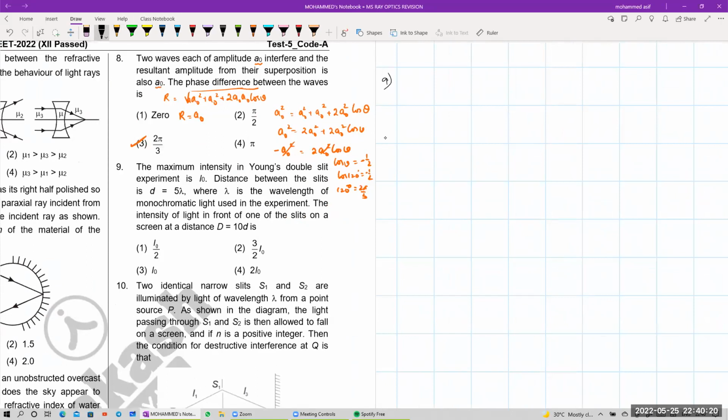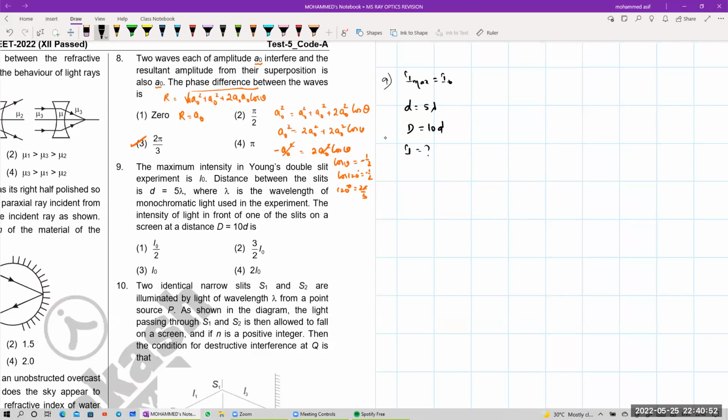चलिए, the maximum intensity in Young's double slit experiment यानी I max की वैल्यू दे रखा है। I max की वैल्यू कितना दे रखा है बेटा? I naught. Distance between the slits यानी small d दे रखा है 5 lambda. Lambda is the wavelength of monochromatic light used in the experiment. The intensity of light in front of one of the slits, where capital D दे रखा है, capital D is equal to 10D. तो intensity की वैल्यू कितना है ये पूछ रहा है।